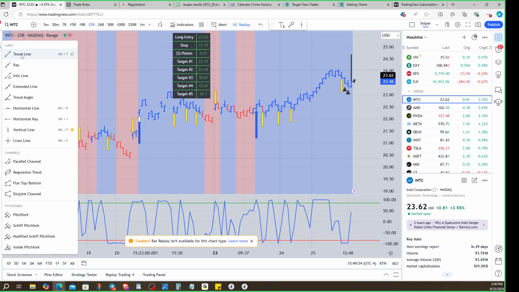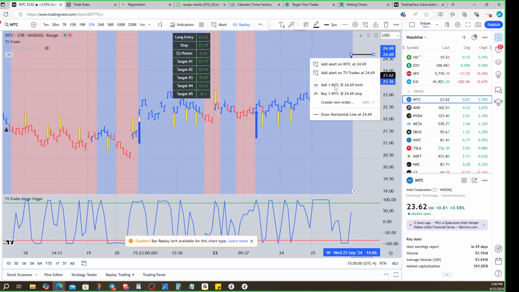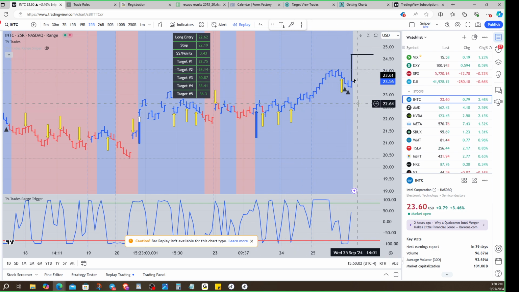Now, if it does do that, gets up to 24.70 or anywhere near 24.70, that call option that I just showed to you is going to be worth way more than 35 cents. I would bet it'd be worth more than $1. But I just want to show you one way to actually bring it all together, to bring this